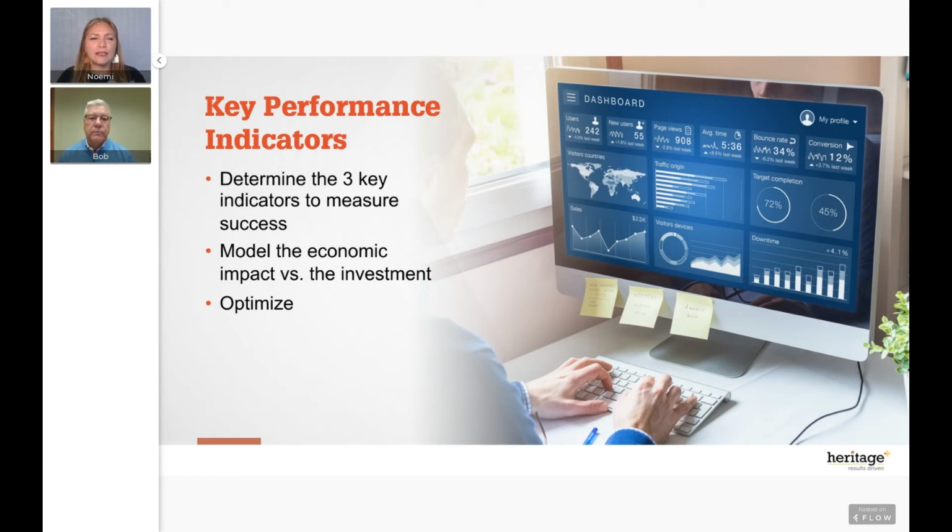Right. There's so many different ways that you can look at key performance indicators. The most common ones are response rates and ROIs, but there's so much more to that. There is net promoter scores. There is marketing qualified leads, sales qualified leads. There's just so many different ways that you can set up those key performance indicators, or which ones they should be.